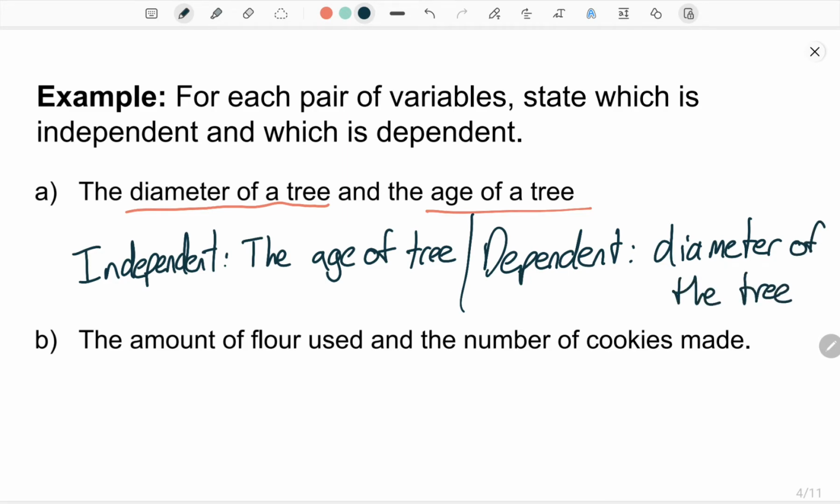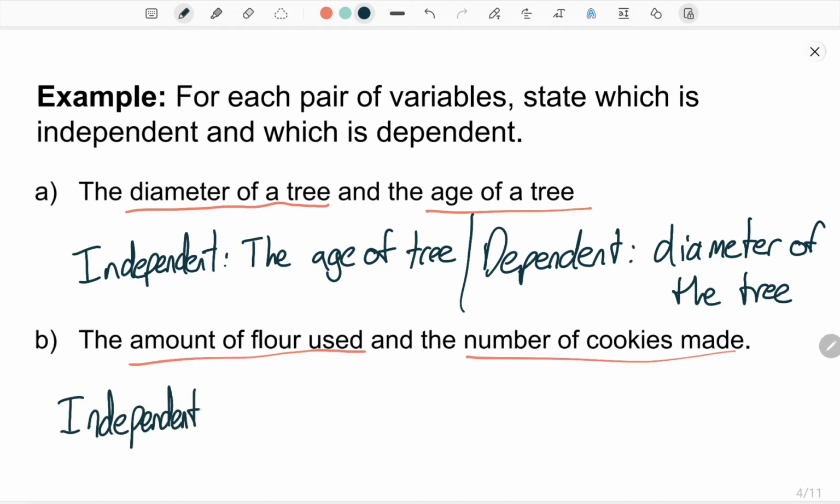All right, let's take a look at the next one. So the amount of flour used and the number of cookies made. So what is being affected by the other variable? So we have the amount of flour and the number of cookies. Well, the number of cookies being made, that's affected by how much flour you have. So we're thinking in terms of independent